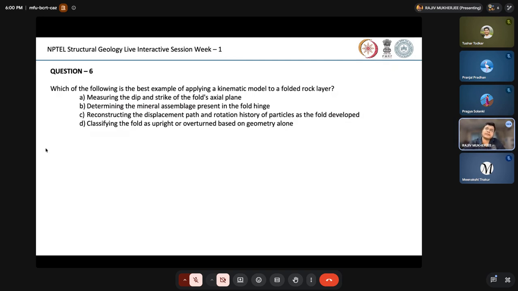Okay, so then let us discuss why you think that understanding the mineral assemblage can help us understand the kinematics of a fold. Yes, of course it can be an option, because mineral assemblages surely tell us something about the potential of ore formation, for example, or concentration of certain elements in the fold hinge. But then